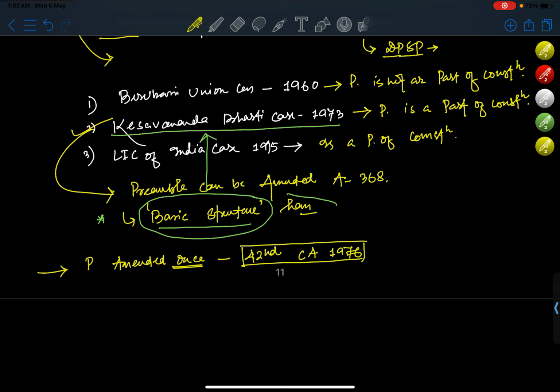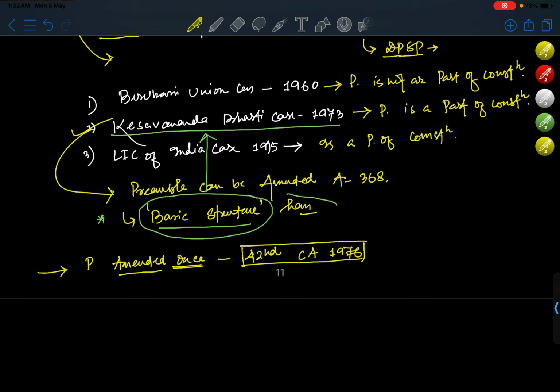Do let me know in the comment section what was added or what was deleted in the preamble by this 42nd Constitutional Amendment. This is also important from your exam point of view. So search it by yourself and do let me know in the comment section. Okay, next,